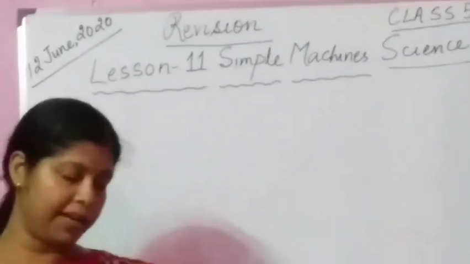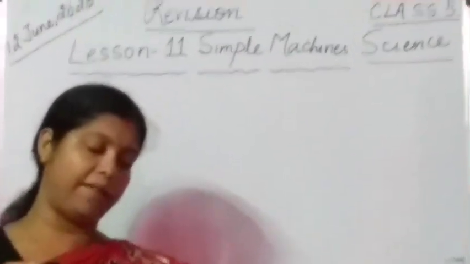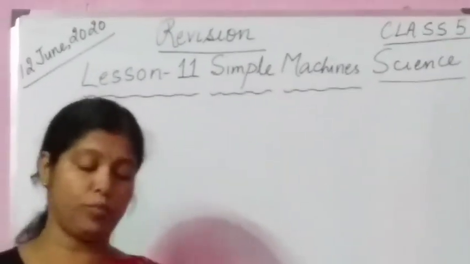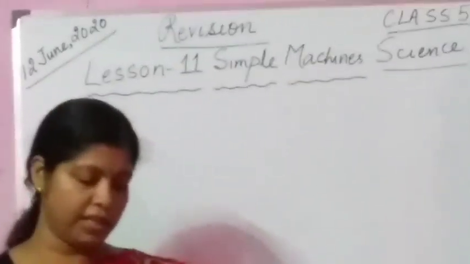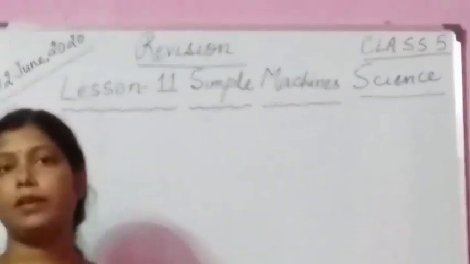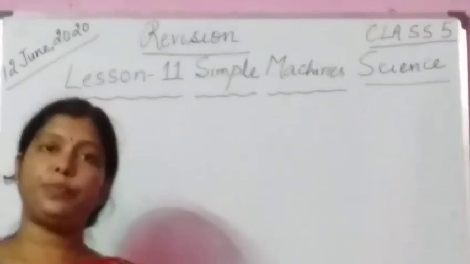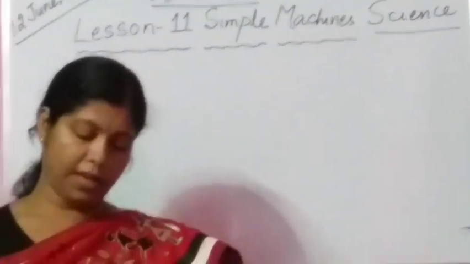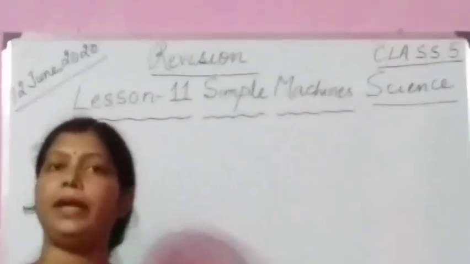Okay. Question number 9. Inclined plane helps to move heavier objects to a height. This statement is true because inclined planes help to move heavier objects to a height from a lower to a higher position, isn't it? Question number 10. There are 4 main types of pulleys. This statement is false because there are 2 main types of pulleys. What are they? One is fixed pulley and the other is movable pulley. Question number 11. Using screws, 2 things can be interlocked. True.